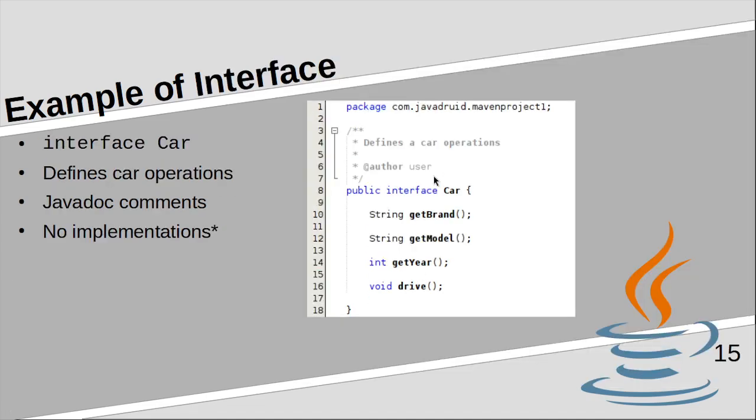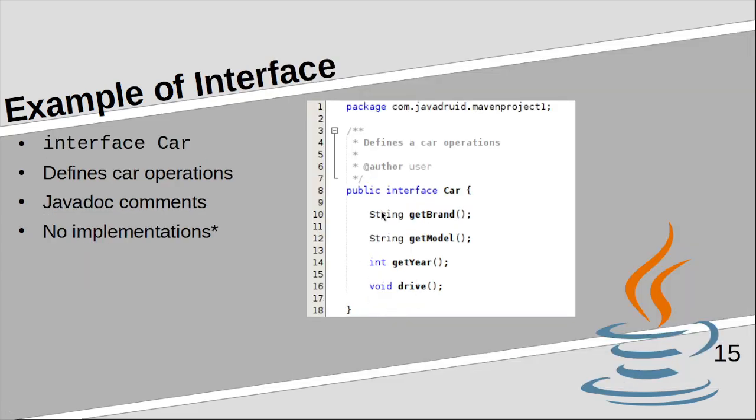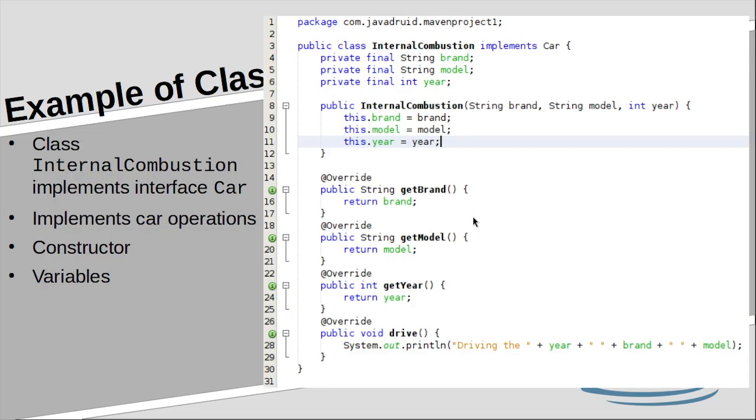So here you can see brand, model, year, and drive. These are the functions defined in the interface. You see them implemented here. As you can see, in the interface these functions don't have any body. Here they do have a body. You have curly braces here, and the only code is to return the reference to the instance variable here.